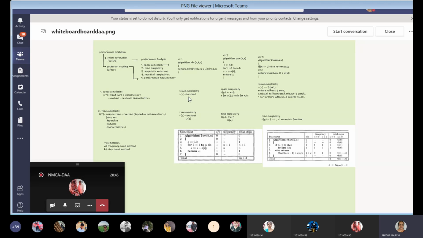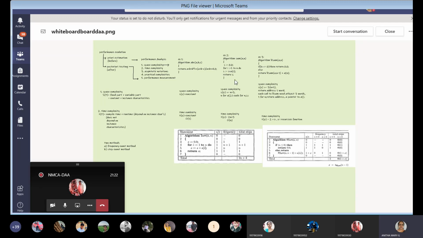So moving on to example 2. Here, for the space complexity, how many inputs are there for array A? N inputs. Then n may take any value, 2, 3 and so on, which requires only one word. So the array A takes n words, n takes one word, so n plus 1, and s takes one word, so n plus 2, and i takes one word, so n plus 3.